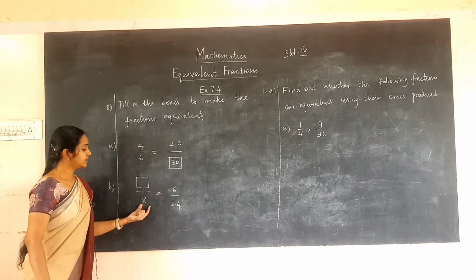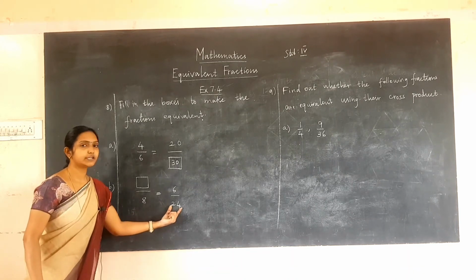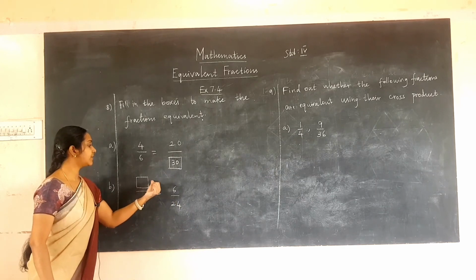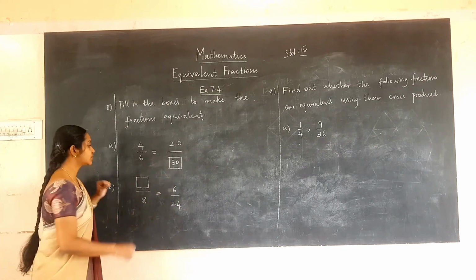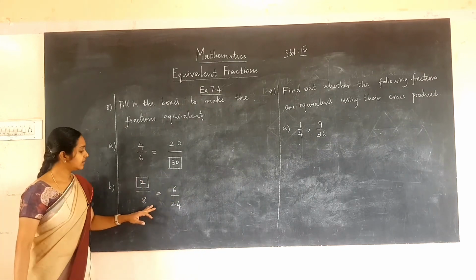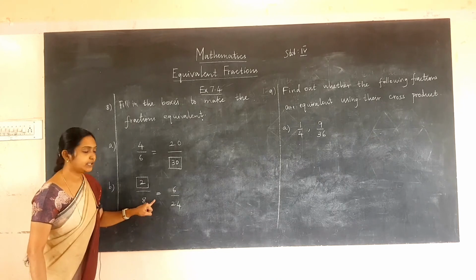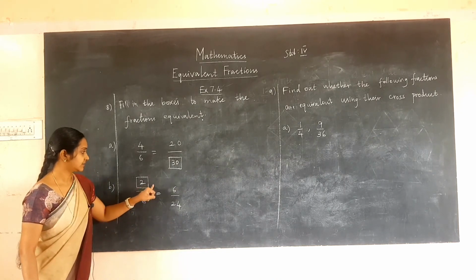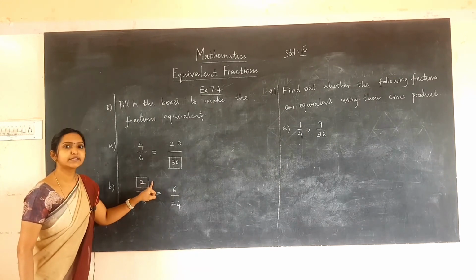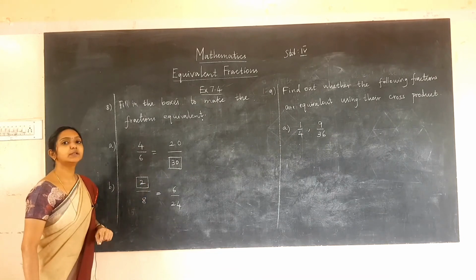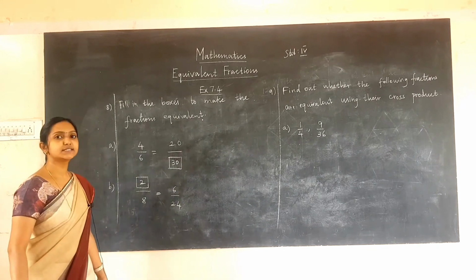Next, here it is multiplied by 3. 8 3s are 24. So with the numerator we have to multiply 3. In 3 tables, 3 into 2 is 6. So 2 is the answer here. Here we have multiplied with 3 to find the equivalent fraction. 8 3s are 24, but we should not write 3 here. The multiplied number is 3. So we have to find the numerator. 1 3 is 3, 2 3s are 6. So 2 will be in the numerator. With 2 if we multiply 3, we will get 6. So 2 is the answer.